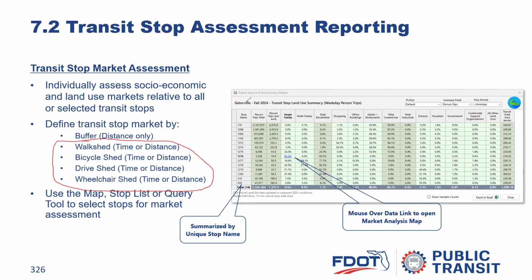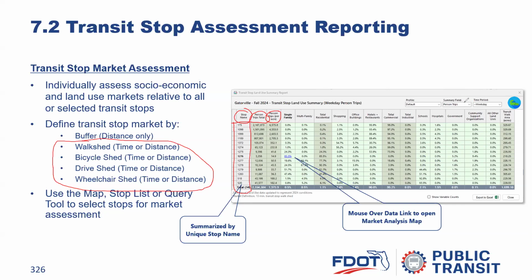And then provide it to me in a report such as this, where I have the stop name and all of my stops, the total at the bottom for all of the markets, the person trips at each stop, the person trips per acre, whether they're single family, et cetera. So a very detailed assessment of all stops or whatever you would have, whether it's within a corridor or however you want to assess them,